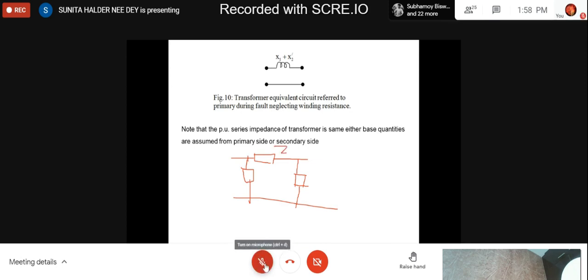So this is the equivalent pi. This is Z dash, this is Y dash. Z dash is Z sinh(gamma L) by gamma L. Y dash by 2 is Y by 2 times sinh(gamma L by 2) by (gamma L by 2), whatever. We can calculate that. But during fault, since the shunt branch contribution is very low, as you have already seen in your planning design class, it will be further lower in fault because the terminal voltage will go down due to short circuit. So we shall represent this only by a series circuit.